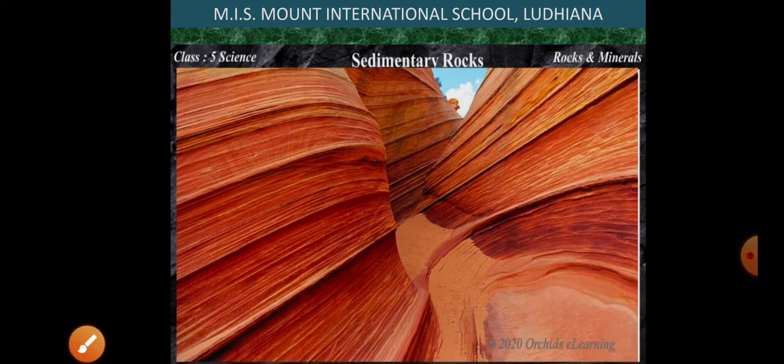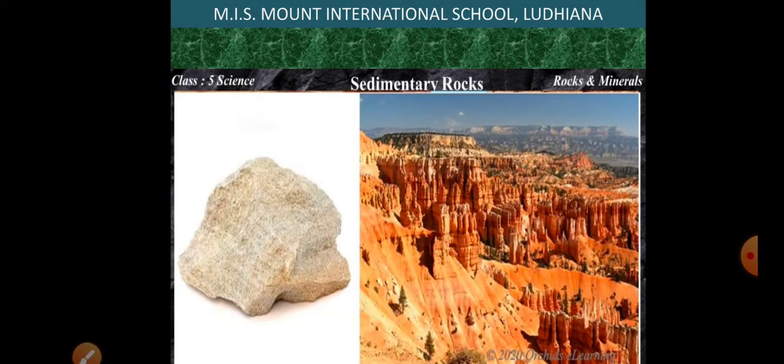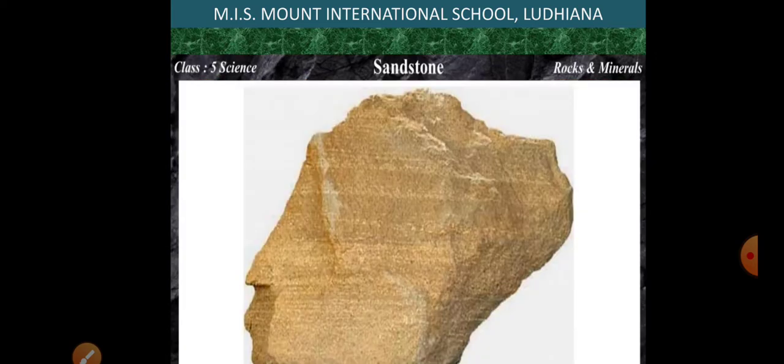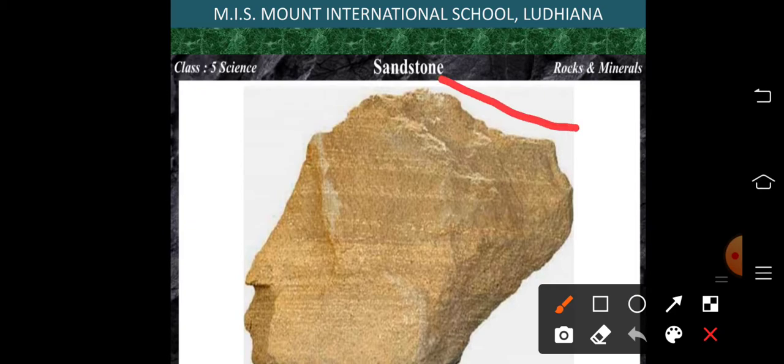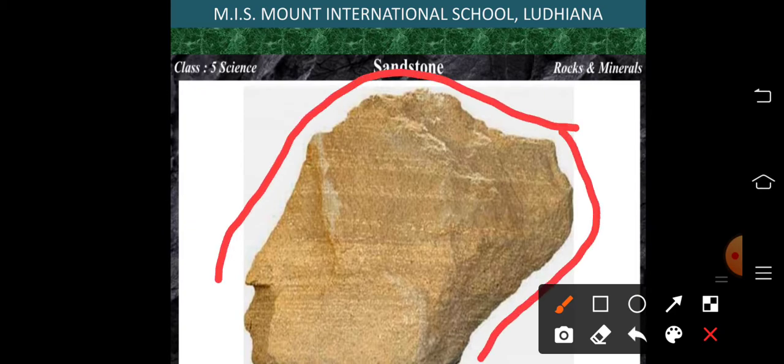So in the same way, these rocks are formed, and they make up less than 50% of the total earthly rocks. Okay, they cover about 3/4 of the earth's surface, but still make up less than 50% of the total earth rock. Now, the first sedimentary rock about which we are going to discuss is sandstone. Now, look at the picture. You must have seen this type of rock around you.